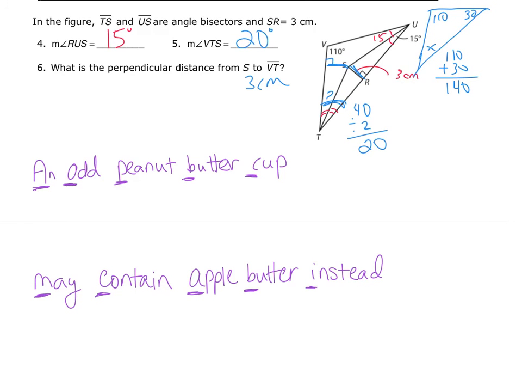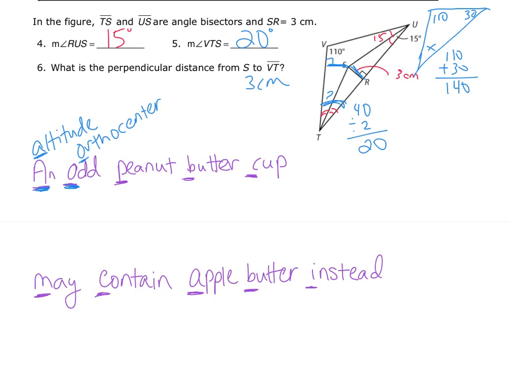So one of the things that was mentioned earlier is that when we have medians or angle bisectors, or we have altitudes or perpendicular bisectors, we are going to have where they meet in the center, and there's a certain name for that point. So this is just a way to remember it, kind of a little acronym. So look at the letters I have underlined. So I have an A, O, P, B, C, M, C, A, B, I, and those stand for something. So in the first one, altitude, if we have 3 altitudes in a triangle, they will meet together in the center, and that point is